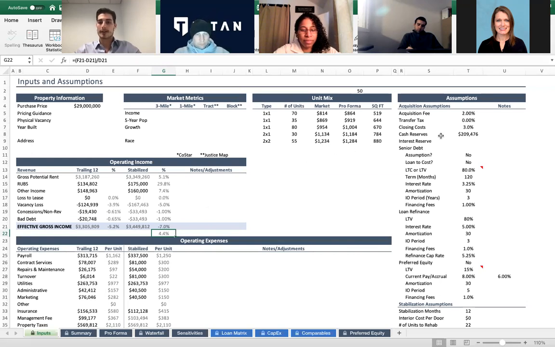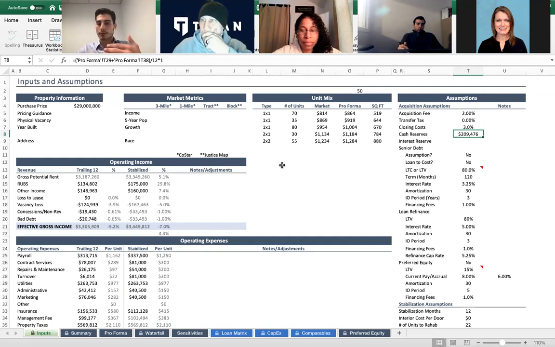So with that being said, because it's low risk and because it's long-term debt, what we do here on the cash reserve side is we raise 1 month's worth of operating expenses and debt service. And again, this is subjective, but you could do amortized debt service or you could do actual debt service. The way that our formula here is set up, it's just actual debt service. So whatever debt service is for the first year and whatever operating expenses are for the first year, we want 1 month's worth of that in our bank account day one, just sitting there,